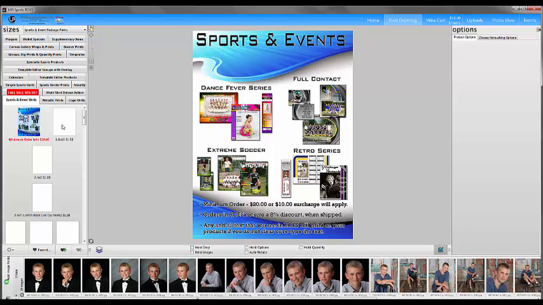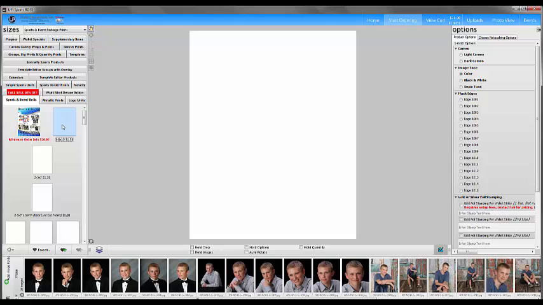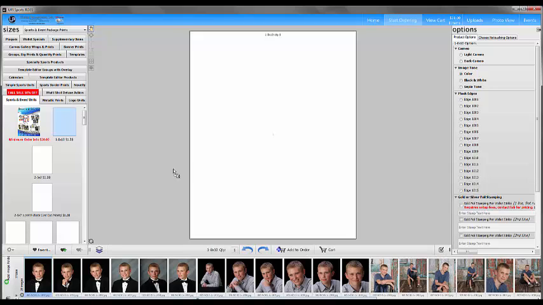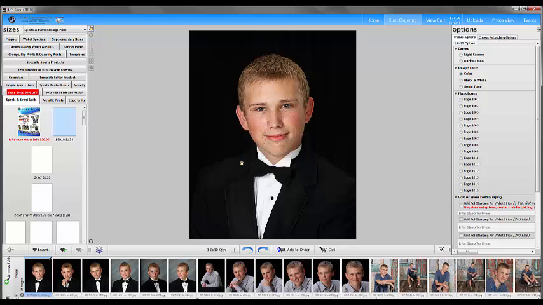So let's open up a product. We'll open up an 8x10. And let's say, for instance, we photographed the team, and I know some of you have crop marks or registration marks in your camera where you keep the head height the same on all of your images. So in a case like that, I could come down here and say Hold Crop. I could drag my first image into the product,